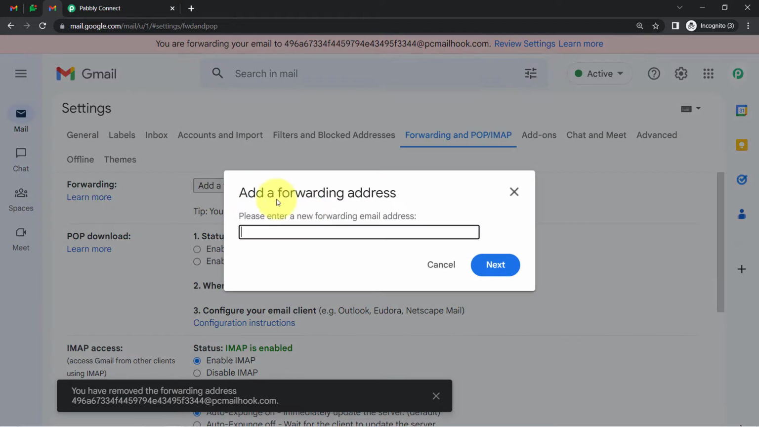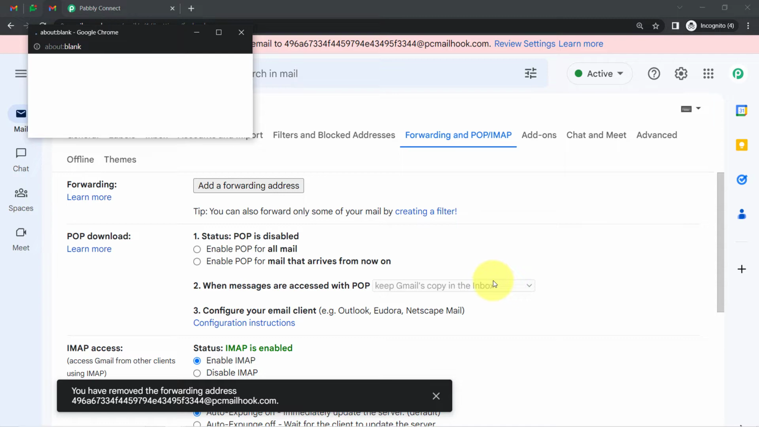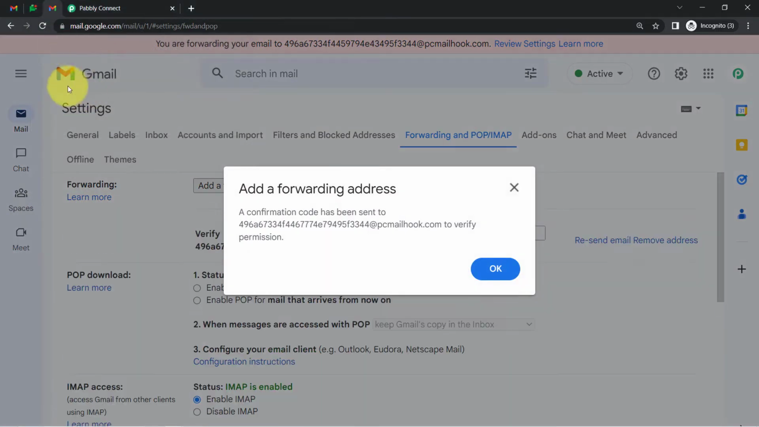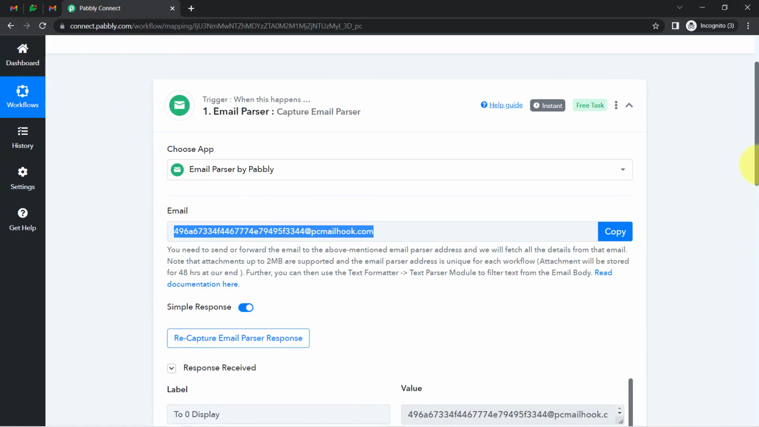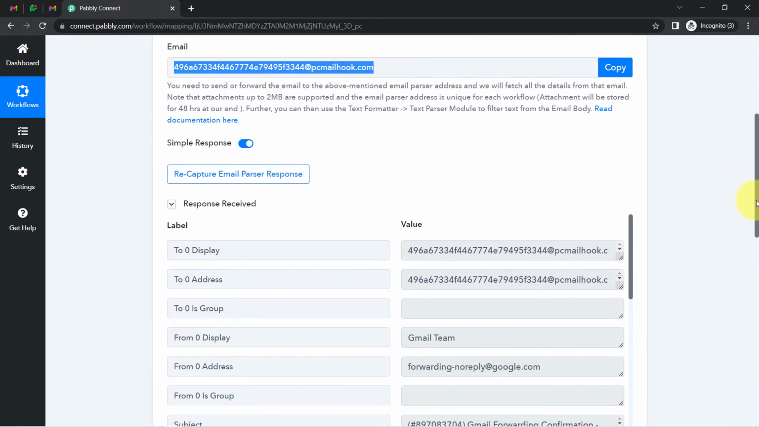Then again I will click on add a forwarding address, and I have pasted the same email address which we received via Pabbly Connect. It is asking to proceed. Yes, proceed, and the confirmation code has been sent to that specific email address. So come back to Pabbly Connect, and as soon as you click on proceed and okay, you will